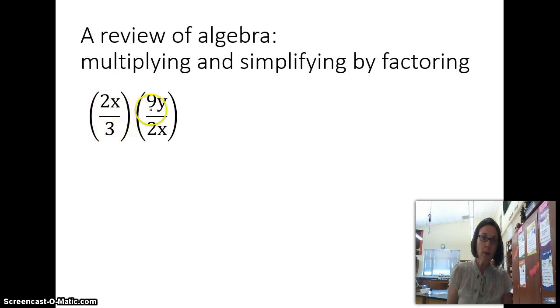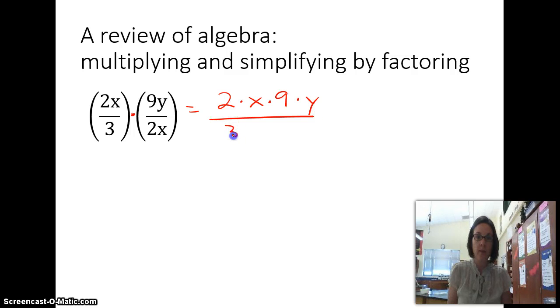Sometimes we have two fractions being multiplied together, and we can multiply and then simplify. So we could look at them in the brackets and know that these are being multiplied by each other. So I could either multiply them out over here and say 2 times x times 9 times y, and then 3 times 2 times x. I could multiply it out like that, so it's one big numerator and one big denominator, and look at